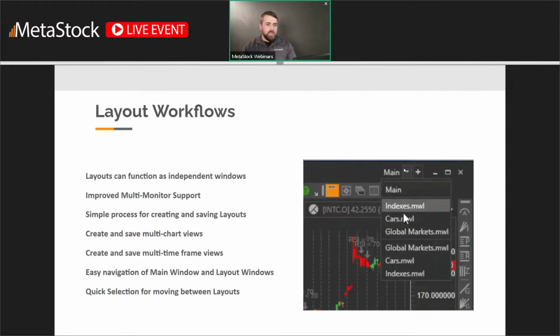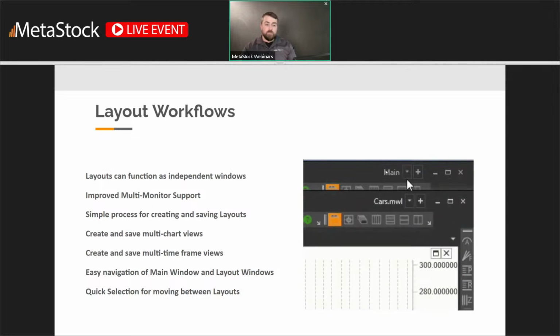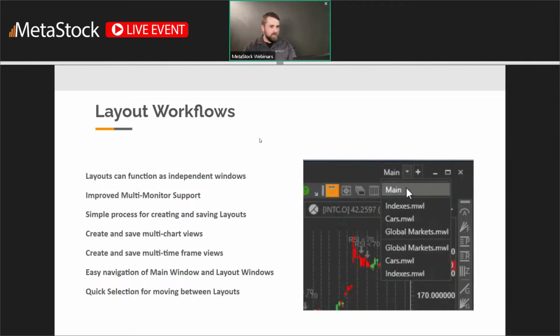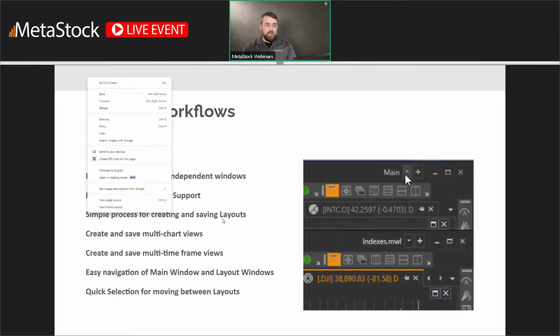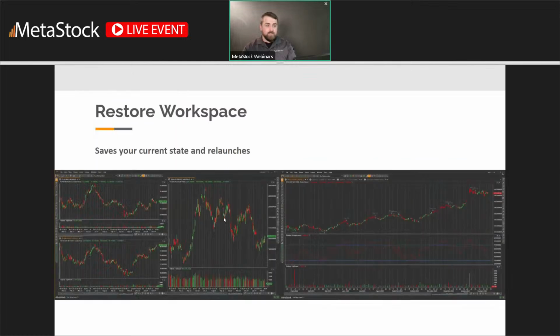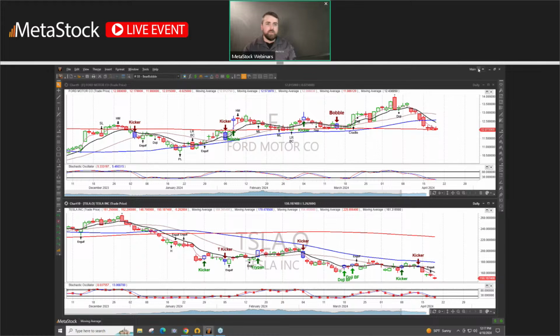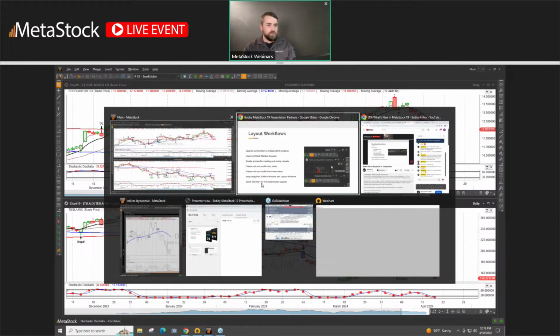Layout workflows. Okay, so I showed you guys how to jump through the main page and into the different layouts. And then it's as easy as dragging and dropping it onto another screen. Saving and creating the layouts is also very easy. As I mentioned, you can come in here and find the existing ones, or just hit the plus to create a new one, and then use this to jump between them, as well as coming down here to scroll through them.